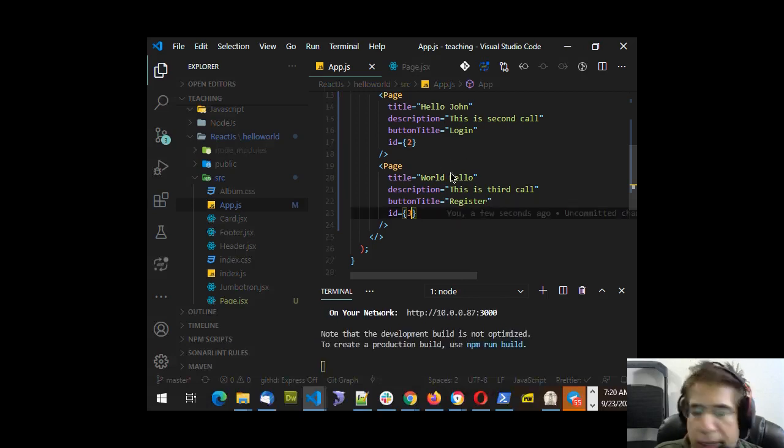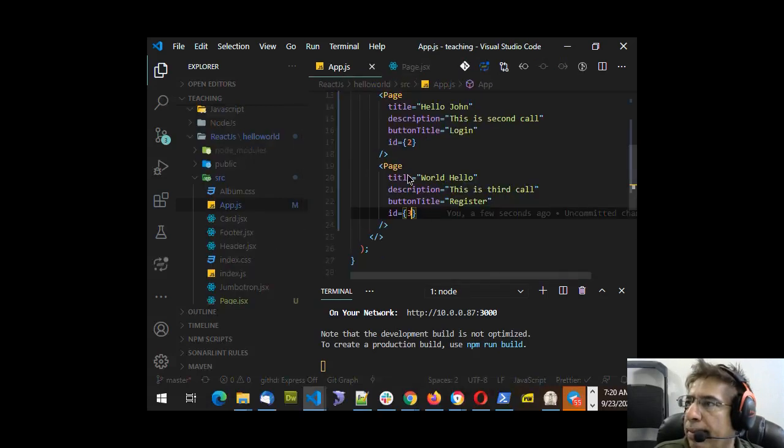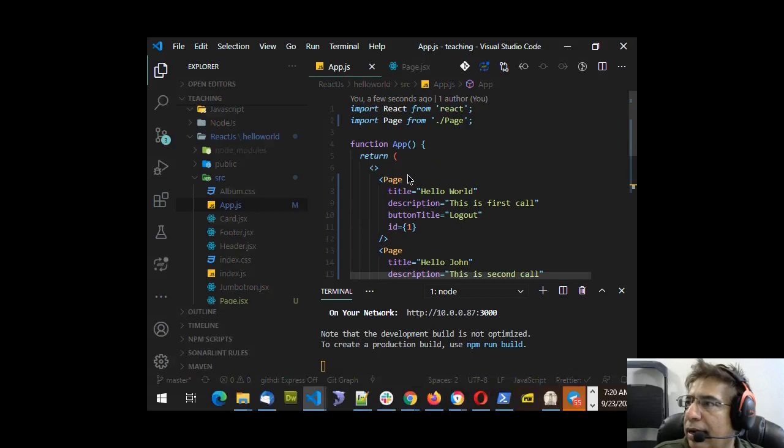And this is 3. So I pass ID 3 in all the three cases. Now what I have to do is, we just did the props, now we are doing the state. Now to do the state,